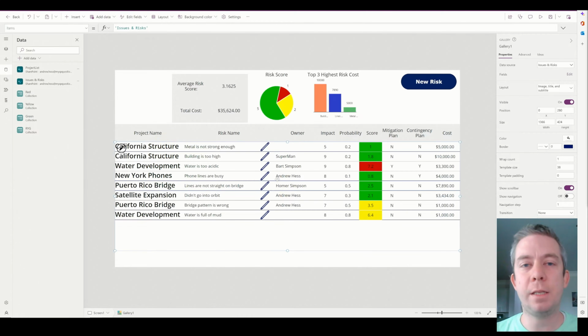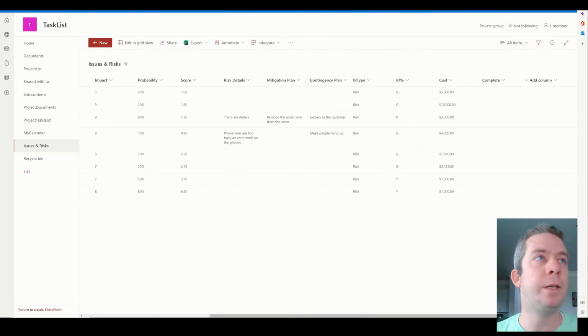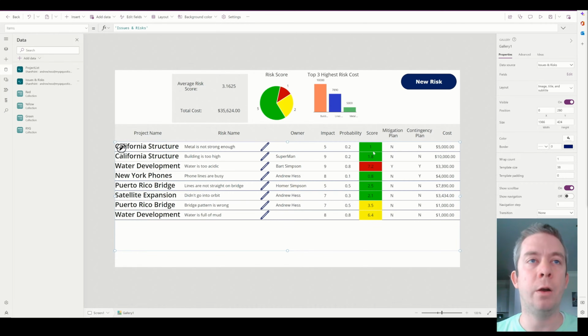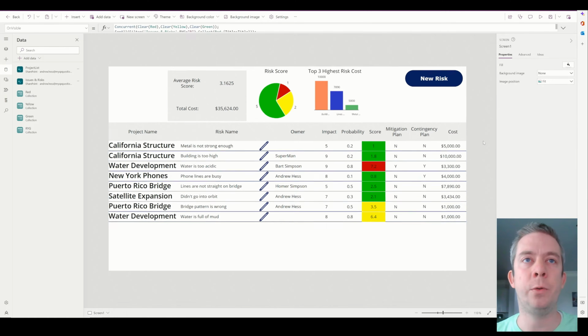So now that we have this nice little risk assessment form, you could easily build a filter on that complete field that I added. You could say when it's not complete, show these fields. When it is complete, show which fields still have a risk or an issue. So hopefully this was not too confusing. I know it was a mess at first, but in the end, this is a nice Power App to monitor your